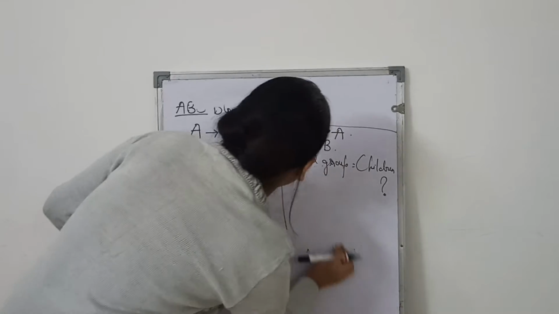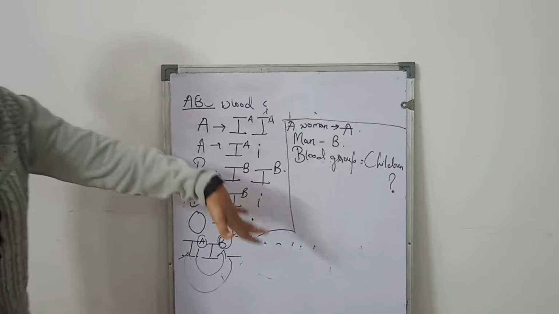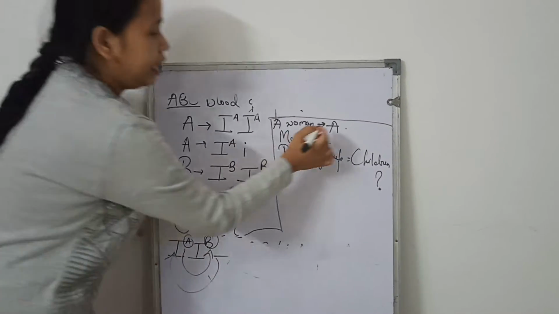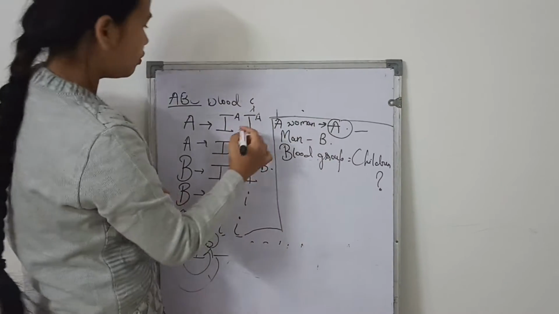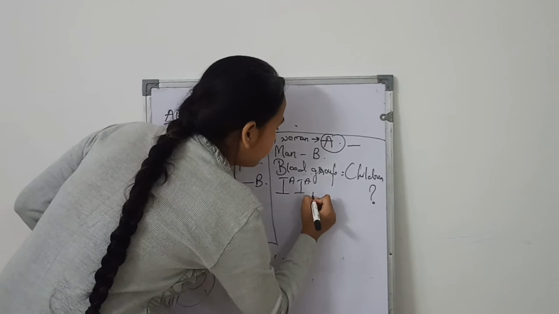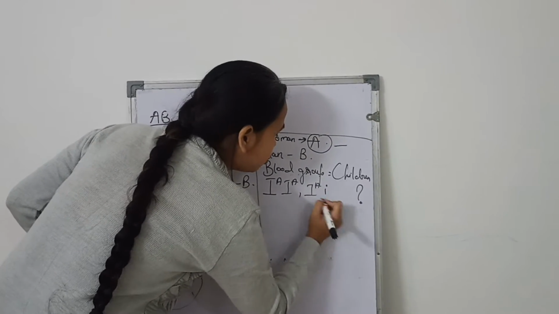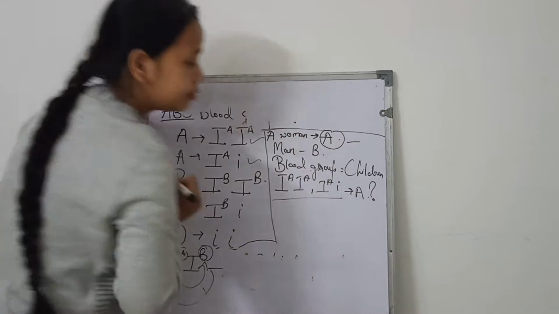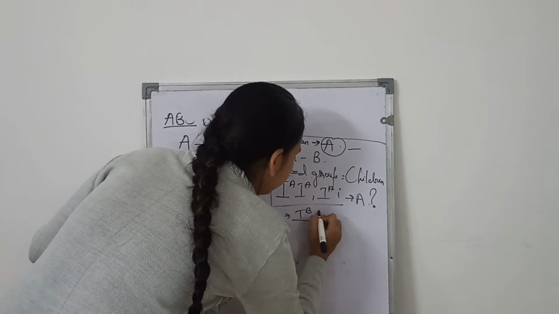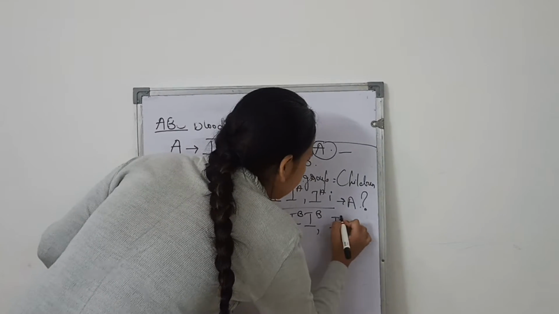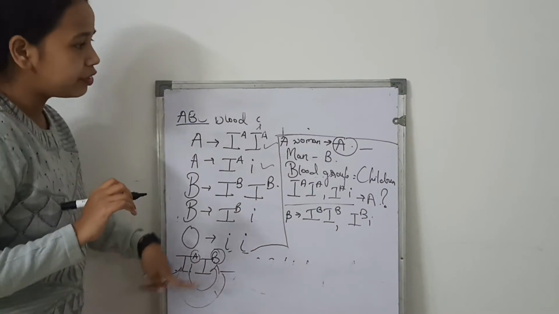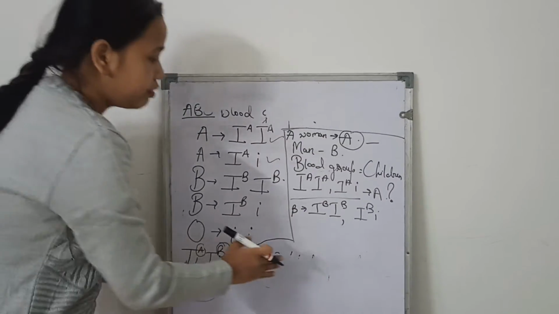We are not going to rub this table because this table is important while doing the questions, and later on you will remember this table as well. So here a woman is A. So what are the genes possible for A? These are the two genes, IA IA and IA i. These two both express A blood group, right? And if we talk about B, what are the B, IB IB and IB i? So here two crosses will be involved. Let's see each and every cross and what are the results that we get from these crosses.